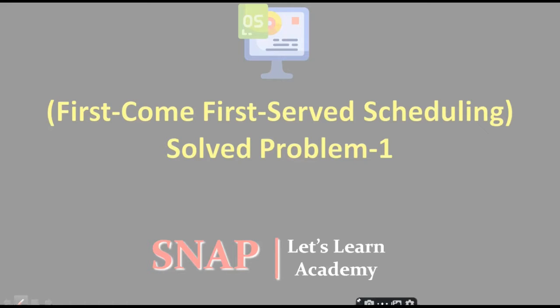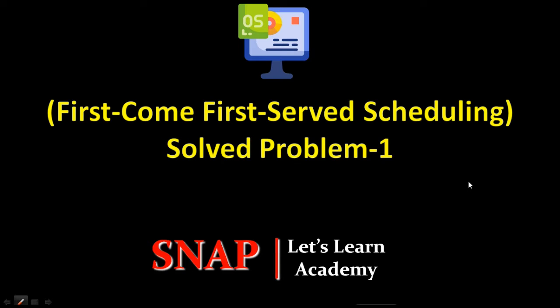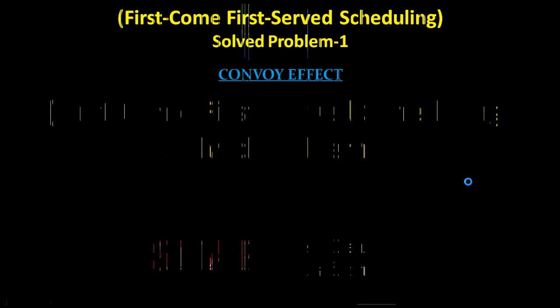In the previous lecture, we discussed the first come first serve scheduling algorithm. We have also seen how to prepare a Gantt chart, and also we have calculated the waiting time of the individual process and average waiting time of all the process. So this is the extended lecture of first come first serve scheduling. We will be having one more example on first come first serve scheduling. But before that, we will understand the Convoy effect.